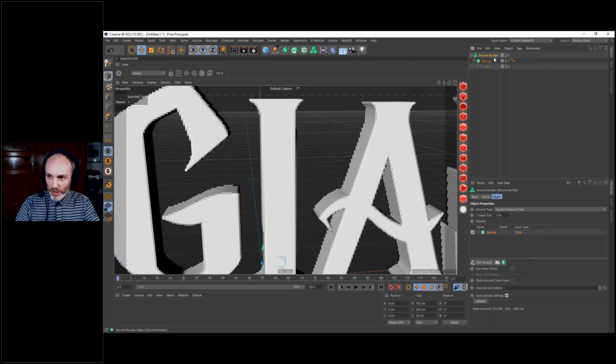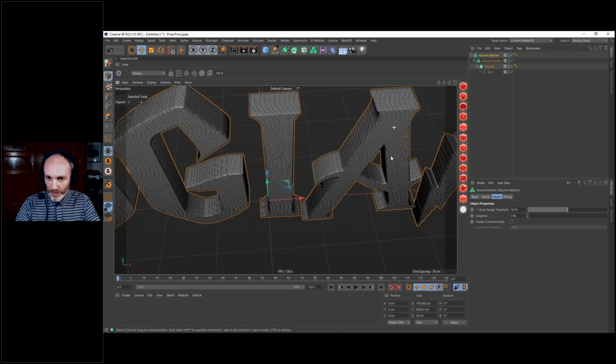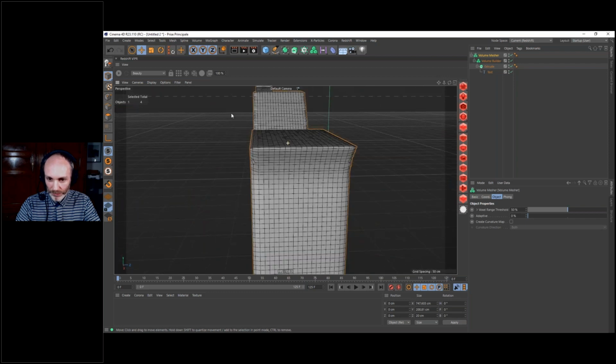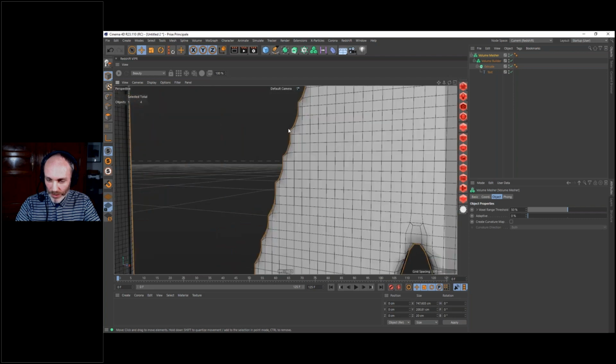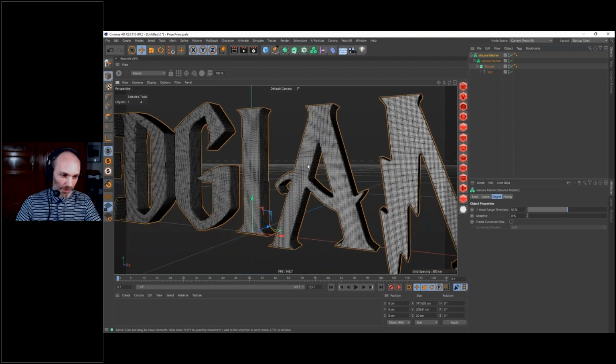So to make it a mesh, because the volume builder is not yet polygons, it's just voxels, we need to put it inside the volume mesher. So holding Alt, and now we are back to polygons. And as you can see, we have a densely meshed surface. And we can see here the problem with the aliasing, the stepping here, which is pretty bad because of the voxels. It makes sense because your voxels are, after all, little cubes, like in Minecraft.